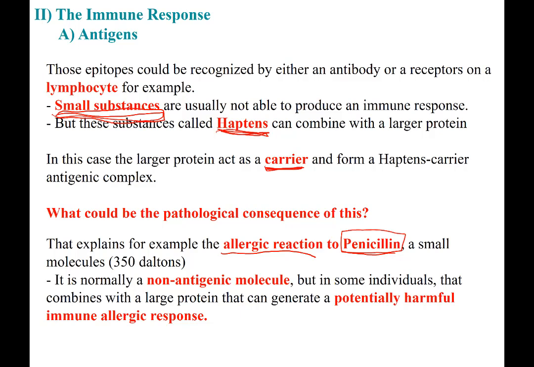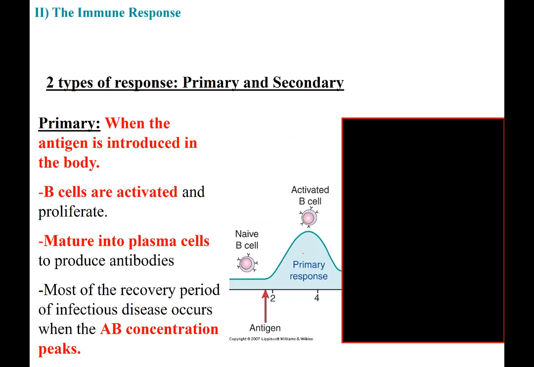So you see the double-edged idea that I was telling before. It's a very good system when the antibody is recognizing this antigen, and then they can get rid of it. But it's also a bad system because sometimes it's recognizing things that it is not supposed to recognize, and it's creating a problem with the immune system and creates, in that case, an allergic reaction. Okay. So this is the basic of the acquired system.